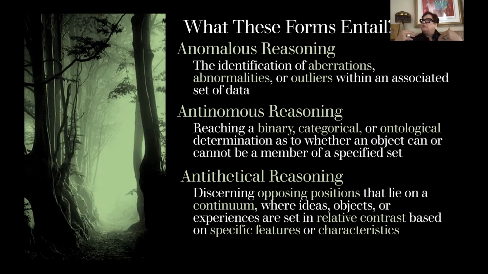So antinomous reasoning is when we make choices or we have to look at things broadly and find whether they belong to a given set or the alternative set. But that is very different than antithetical reasoning. In antithetical reasoning, we have opposing positions. And as we do with Hegelian philosophy, there's this idea that there's a multitude of positions between those points, right? There's a continuum that exists. And what we try to do is make judgments as to whether some events seem to sit more to the one side of the continuum or the other. So it's really a relative contrast that's being made.